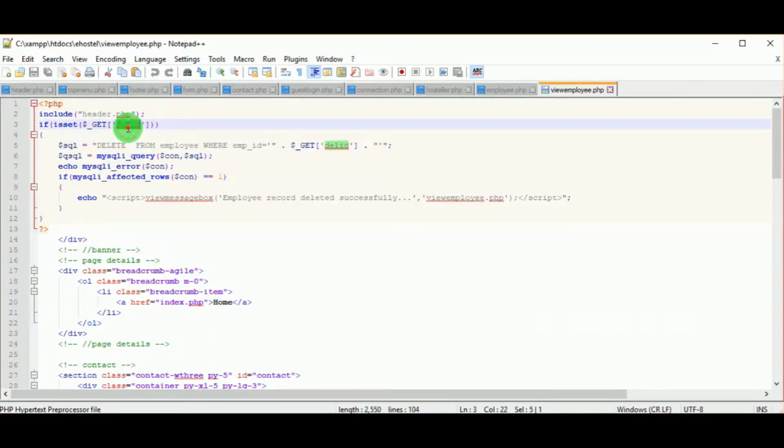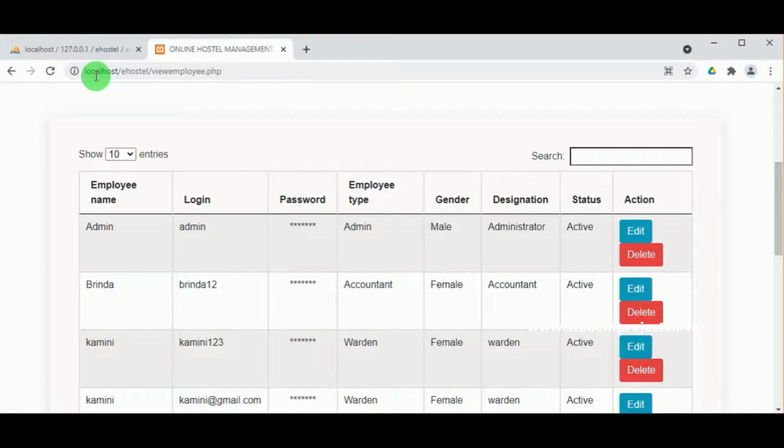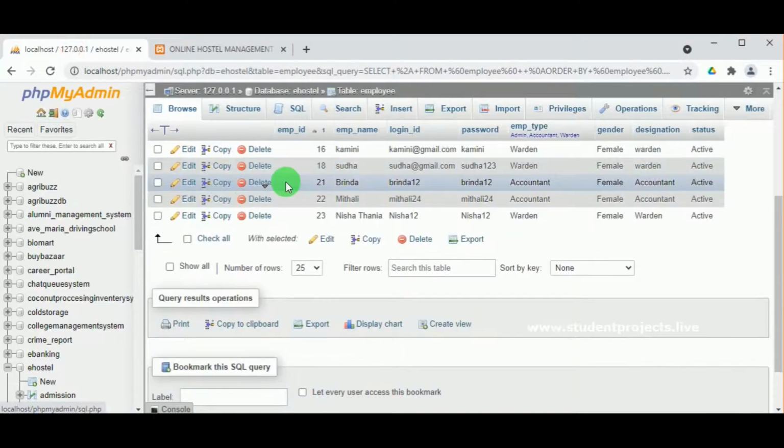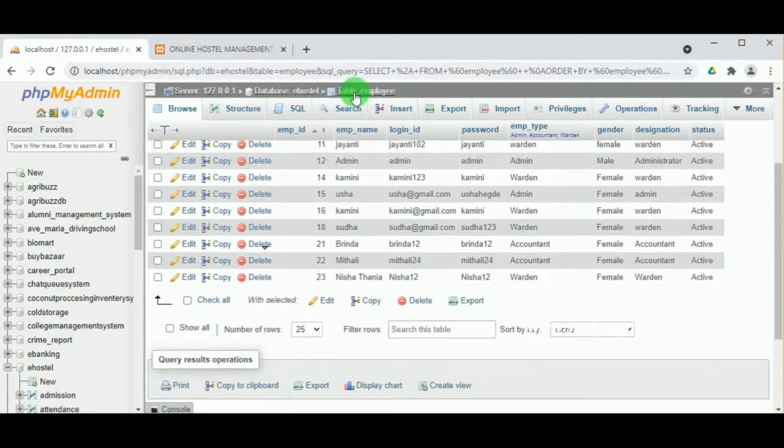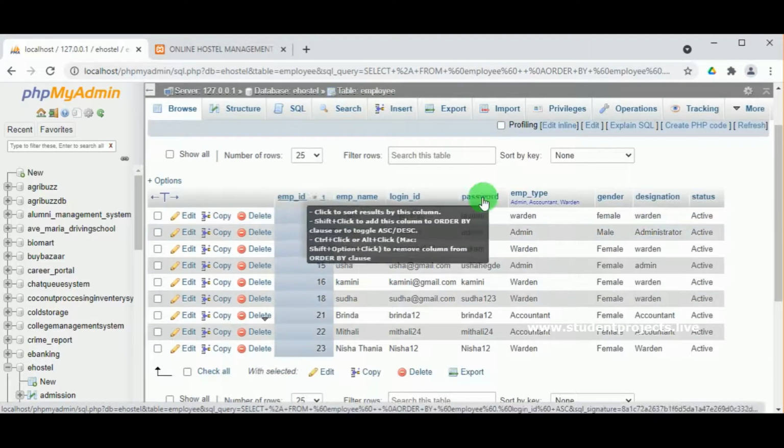So you are giving this delete id which is generated to the employee id, which means if there is any record with this particular employee id same as the delete id which is generated, then that particular record will be deleted.